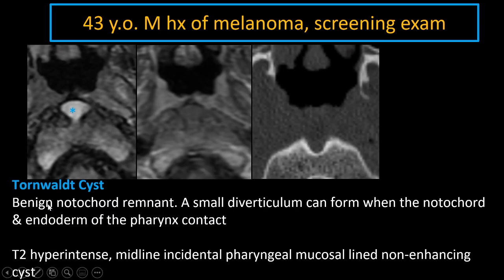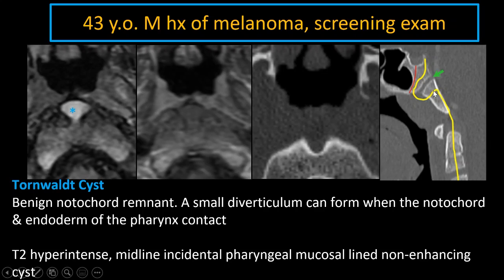A Tornwaldt cyst is a cyst related to notochord remnant. A small diverticulum can form when the notochord and endoderm of the pharynx contact. As they regress dorsally, this can result in the formation of a small Tornwaldt cyst, which is mucosal lined. So as the notochord regresses dorsally, it can result in a small diverticulum, leading to formation of a small mucosal lined